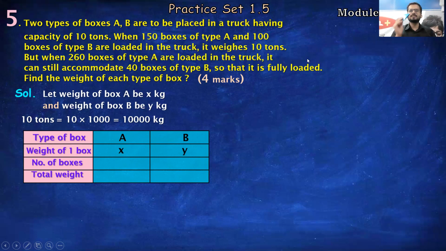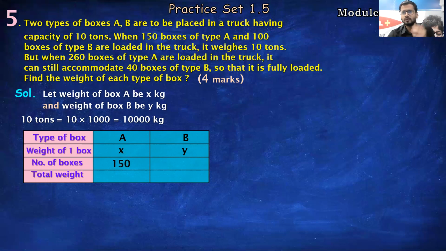Now students, let's say this is a mobile. If the weight of this one mobile is, let's say, 100 grams, and I have one more mobile of the same type, exactly the same weight, so what should be the weight? If one mobile is 100 grams, if I have two mobiles, what will the weight be? 200 grams, right? Means 100 into 2. If I have 4 mobiles, how does 400 come? 100 grams into 4. Similarly, if I have one box whose weight is x kg, then if I have 150